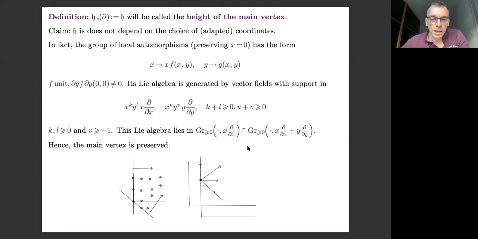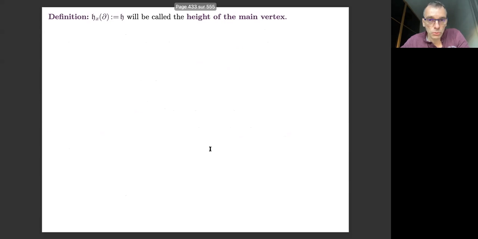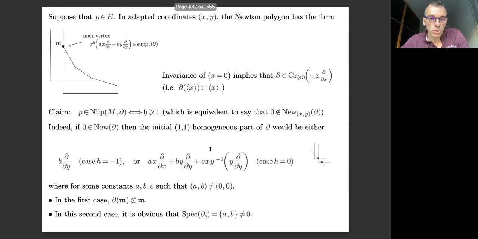So I'm going to continue a little bit on this theorem of resolution of vector fields in dimension 2. I recall to you that we had this construction where I explained how to choose the local strategy of blowing up based on the Newton polygon, right? So I recall for you this picture here where in fact